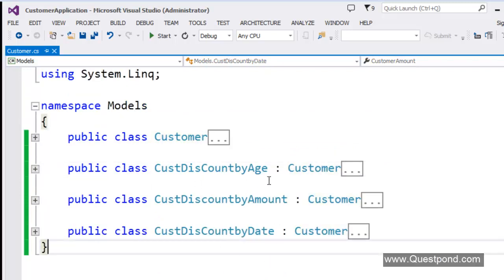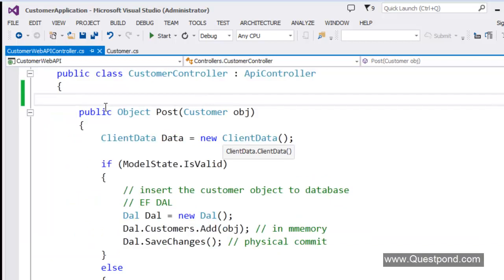Now the next step is to go and consume this logic inside the controller. So we will now see how we can consume this logic inside the controller in a proper manner. Now the way most developers would consume this customer class inside the controller is something as follows. They will go ahead and create the object of the customer class like this, right?